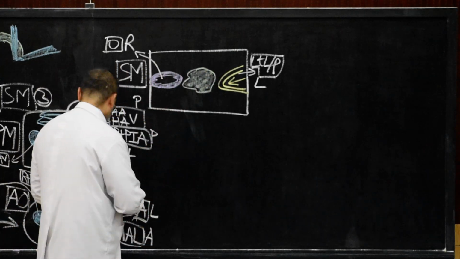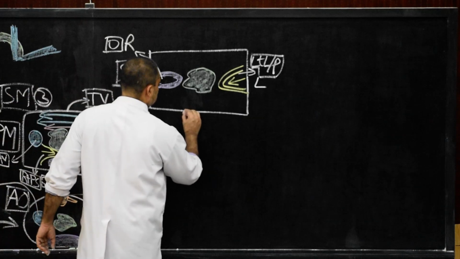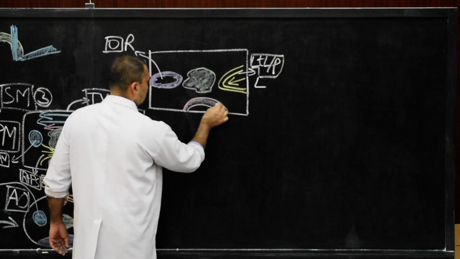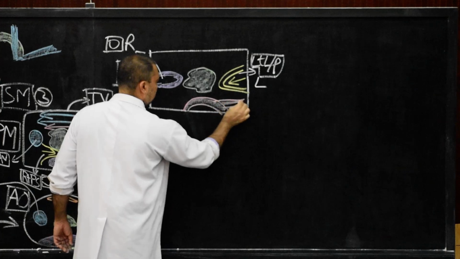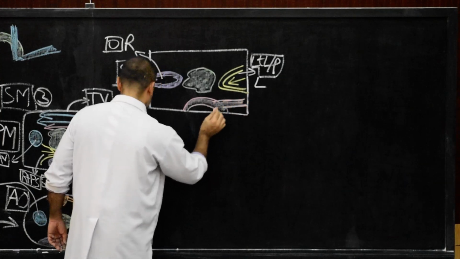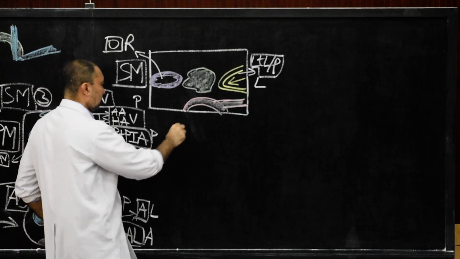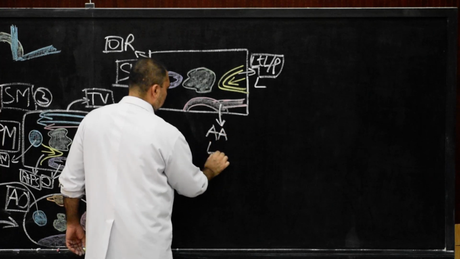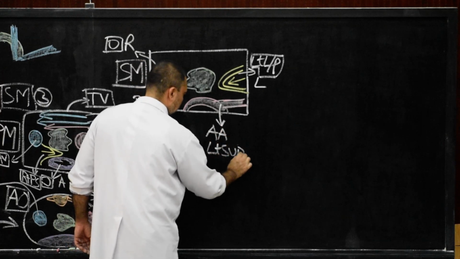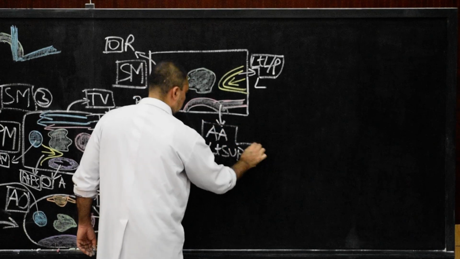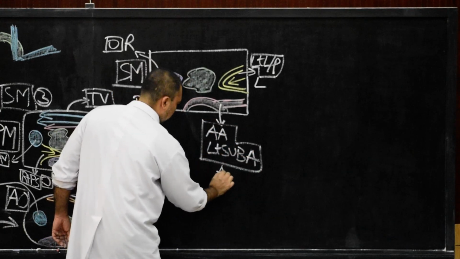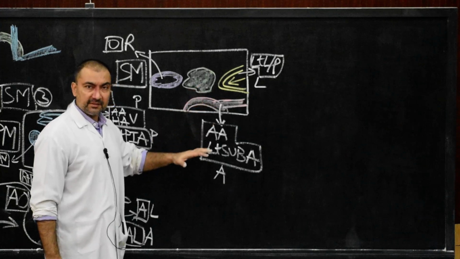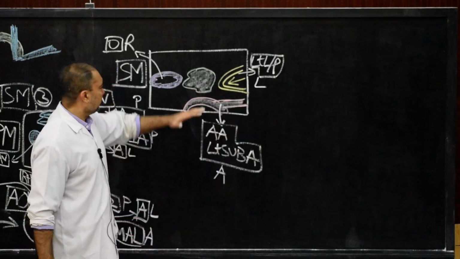Now anteriorly, it will be related with, just draw this structure, very simple, the arch of aorta and the left subclavian artery. Very simple. So the arch of aorta and left subclavian artery, please note down. Arch of aorta, left subclavian artery. Now here they will be A, that is anteriorly present. These are the anterior relations of the thoracic duct in superior mediastinum, arch of aorta and left subclavian artery. Very simple. Posteriorly,